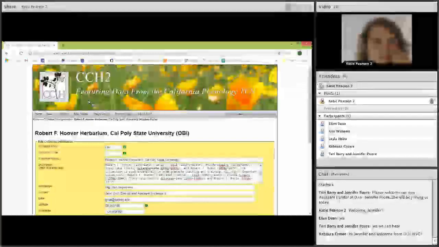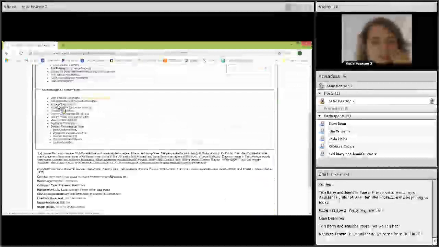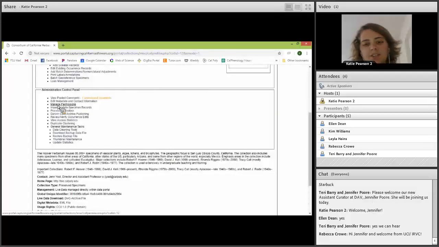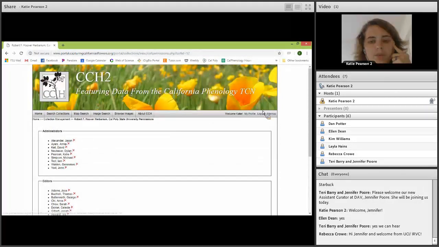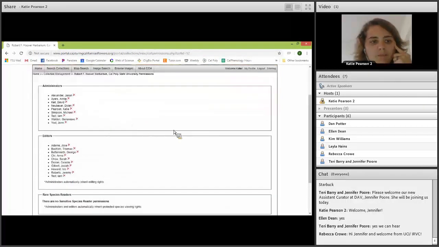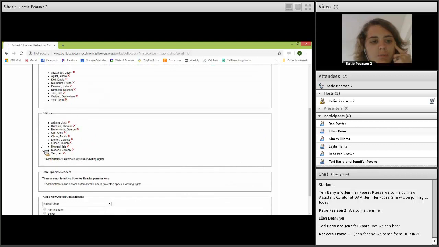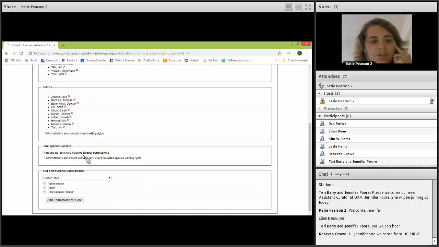Okay, so we covered those two. Now, managing permissions, this is where you'll go if you want to add data editors, administrators, or rare species viewers, I think is what they're called. Yeah, rare species readers. So these are all the people who have administrative permission to my collection. These are all the people who have editing permissions to my collection. And these are all the people who have the ability to read